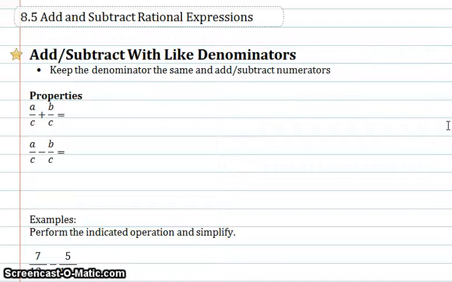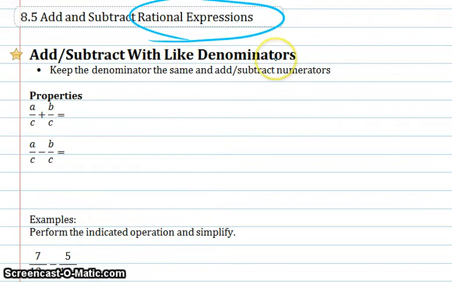So today we have a lesson on adding and subtracting rational expressions. This is going to be a lot like adding and subtracting fractions. Remember, rational expressions we can think of like fractions. So the first thing to keep in mind is if we're talking about adding and subtracting things that have the